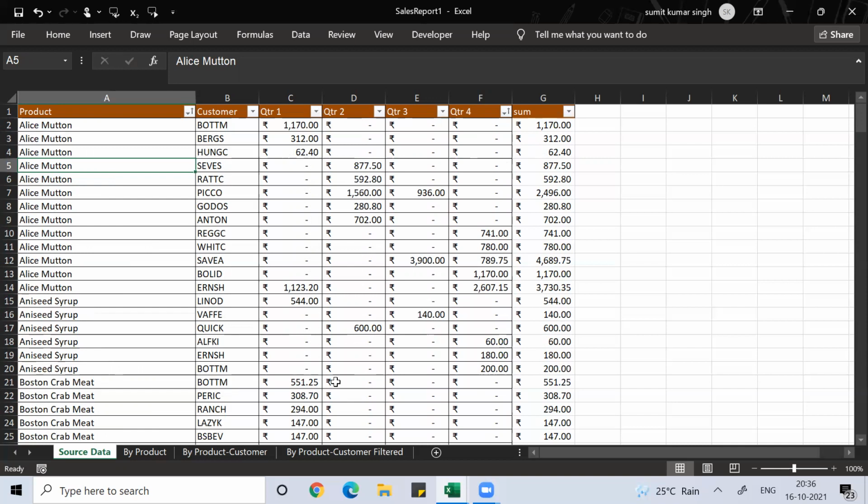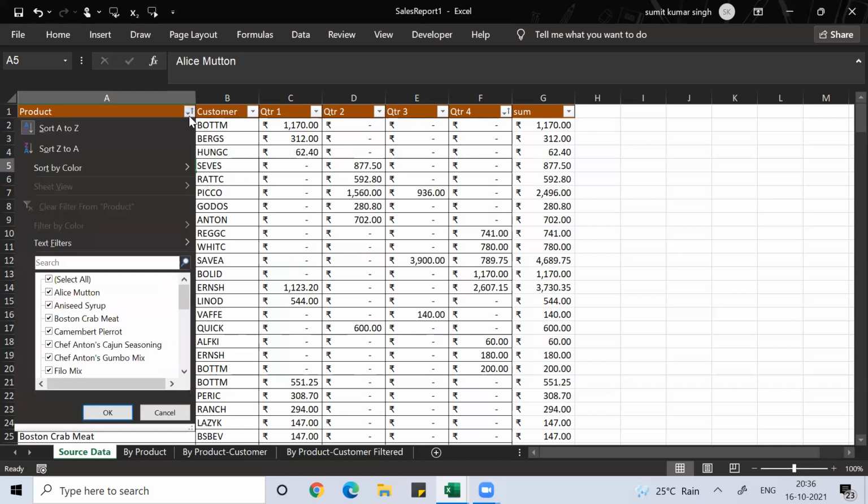So what does the filter command basically do? The filter command helps you to look at or investigate some specific data. You can further investigate this by using a pivot table. Right now I'm not going to talk about pivot tables. I'm just showing you an overview. You should know the concept of filter and sort. They're very common, very important commands, which are very relevant when you have a lot of data with you.